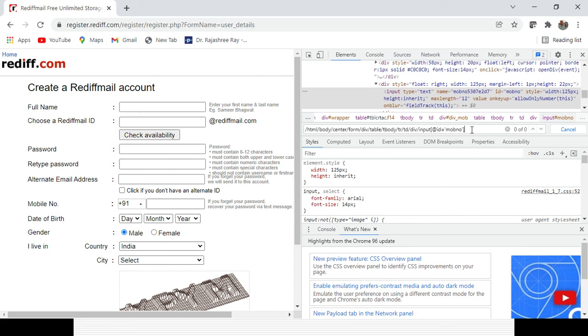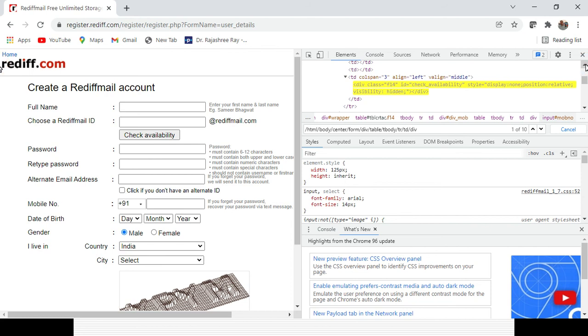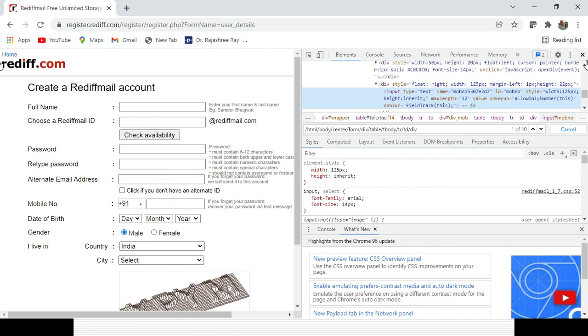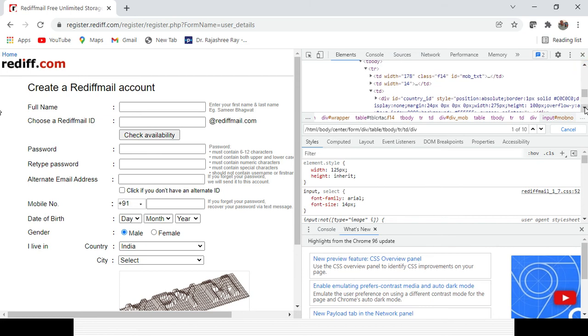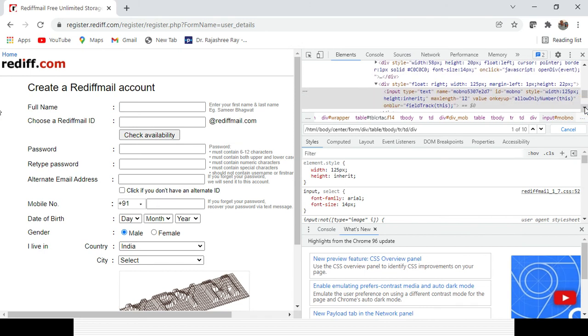Okay, input, and this is the input part, div and input. Okay, let's cut it. Yeah, div is fine, till that div is fine. Let's inspect it one more time. We can go vice versa. So td part, tr, td, after that div, after that input.